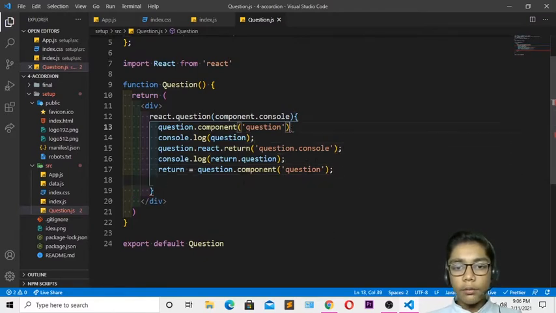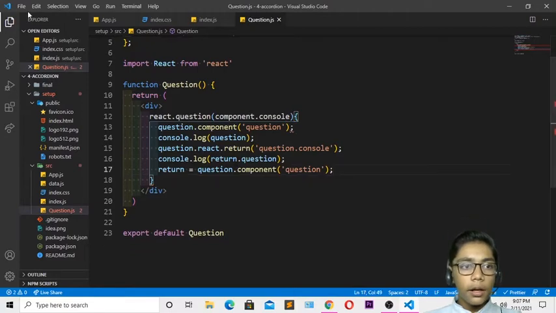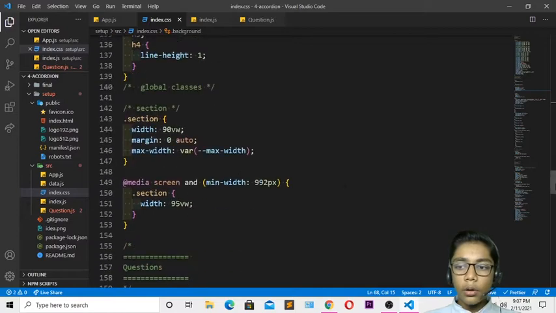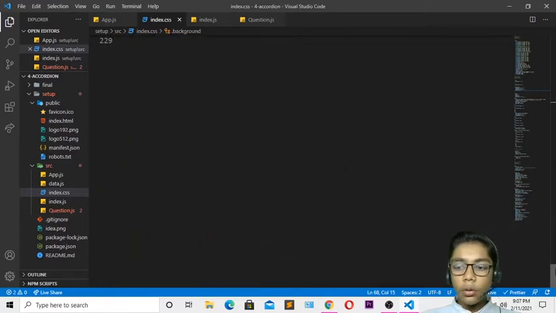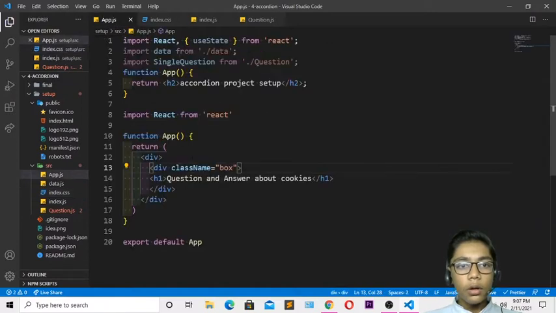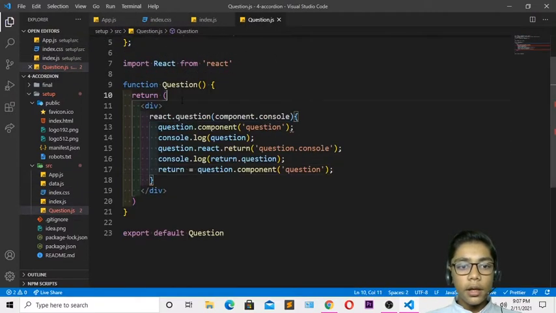Now I'll be erasing from here, because now from here I will be writing. So now it is good. When you've done that, come over here again and I'll be erasing that. Hit save over here, go to your index.css file, go down and then go above, and come over here to your file question.js. Then you have to write over here the class name. So I'll be writing a class name of background which I have just created. The class name should be background.